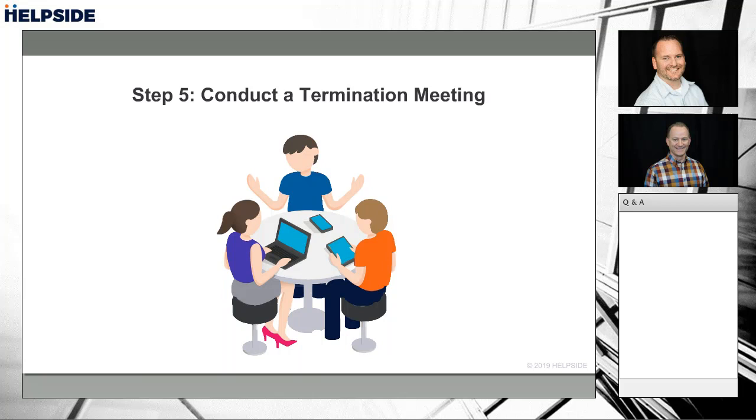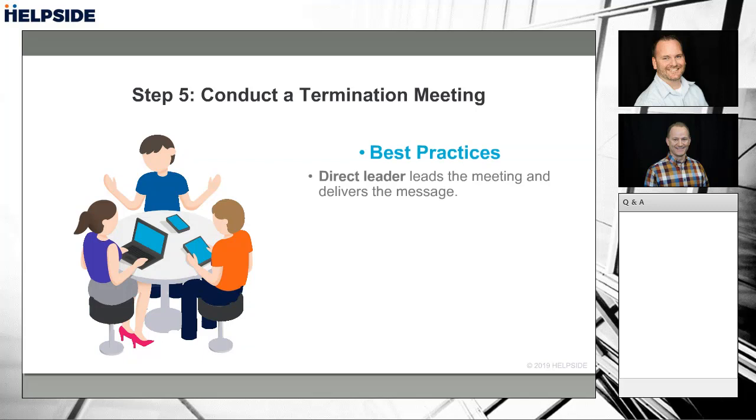So you can see 4 steps rather before we even sit down with the employee. And a couple of best practices around this is, first thing is the direct leader is the one who leads the meeting. So the supervisor of the employee, the most immediate supervisor, will actually deliver the message because he or she is the one who has been working with the employee or is responsible. So if the employee does a one and done kind of thing, then that manager, supervisor, et cetera, will sit down and say, listen, this isn't working out. We're going to terminate your employment. So you want to be direct, you want to be factual, you don't want to apologize because there's nothing to apologize for, you're not there to blame, you're there simply to say things didn't work out.